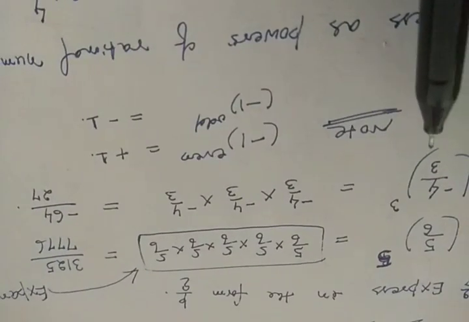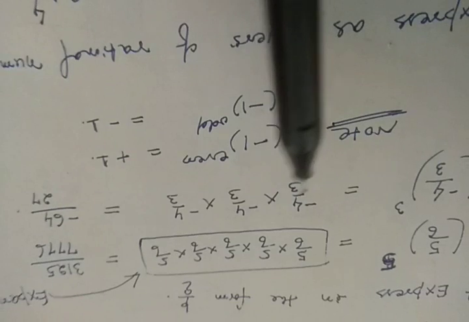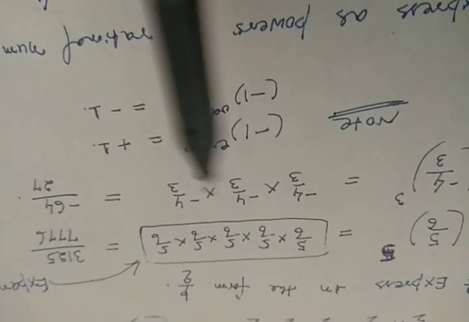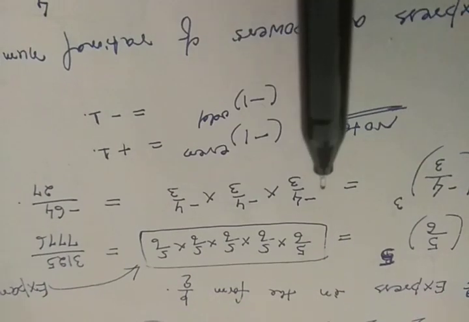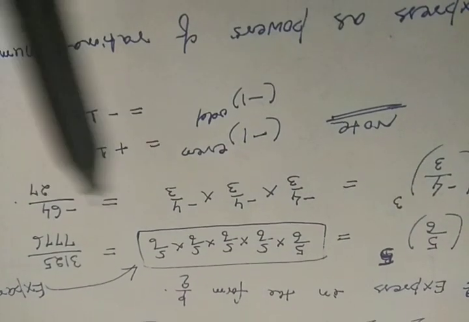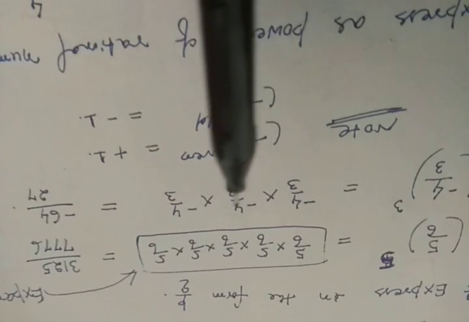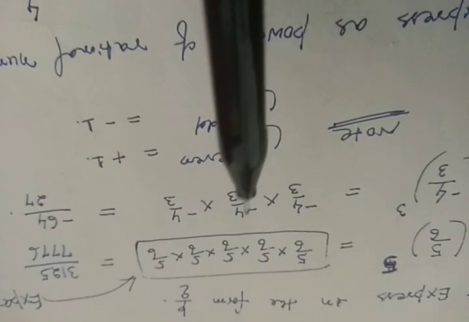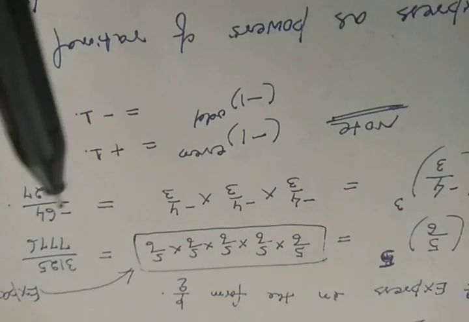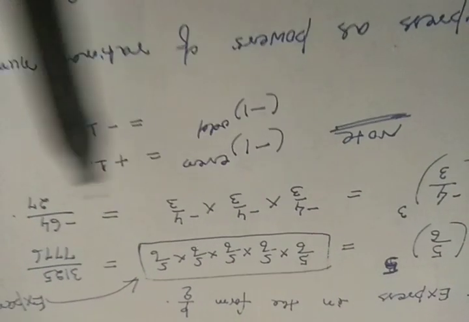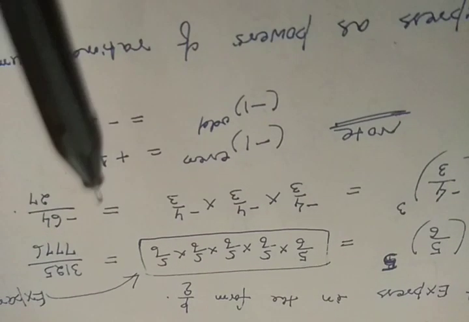Okay, just see another example, minus 4 by 3 to the power 3. So it is minus 4 by 3 times 3 times. Okay, now can you write it? Just multiply 4 into 4 into 4, how much? 64. And now minus, you have to multiply it 3 times. So minus minus plus plus minus minus, so your answer is minus here. And now the denominator: 3 into 3 is 9, 9 times 3 is 27. Minus 64 by 27.